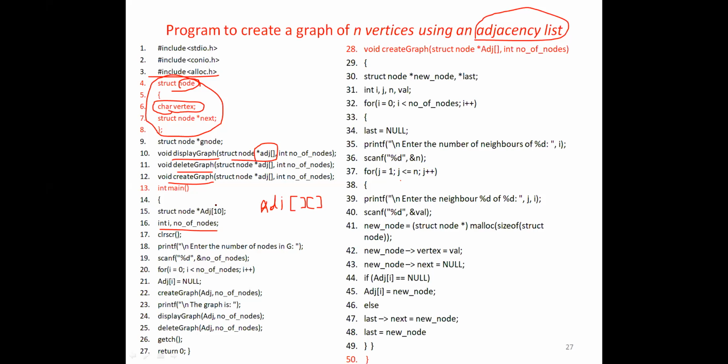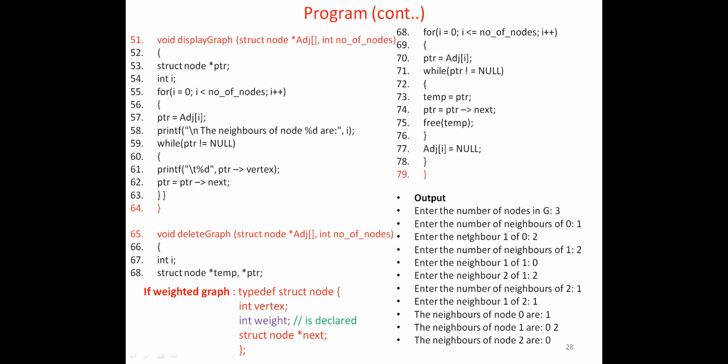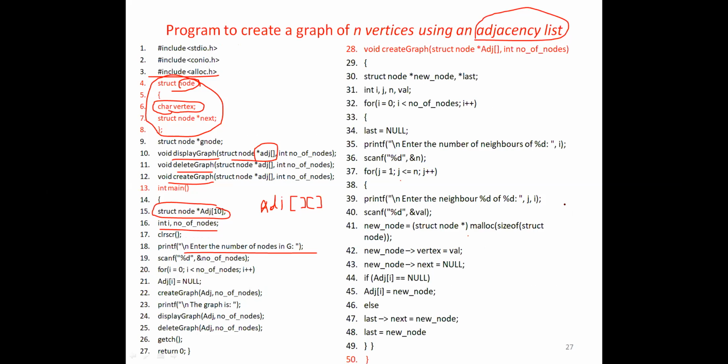And number of nodes. So what is this actually? In a graph, it can store up to 10 elements. Then we have the prompt to enter the number of nodes in the graph. So directly it goes to the main function. For example, I am telling 5 or 4. In our case, I have shown you the output. See, enter the number of nodes in the graph is 3. For example, in a graph we have only 3 vertices. So I'm putting 3.